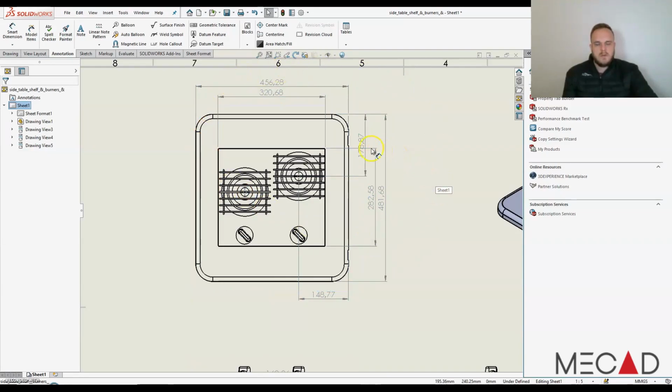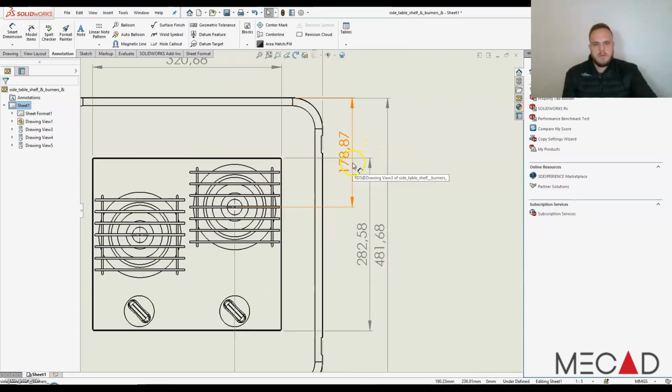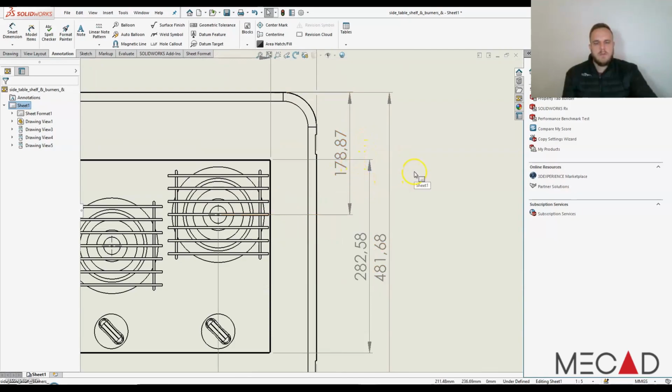Secondly, what I want to show you is the breaking lines. In detailed drawings, we might encounter dimensions that interfere with one another. Overlaying dimensions can cause frustration, but in SOLIDWORKS, another powerful tool called breaking lines enables you to avoid overlaying dimensions